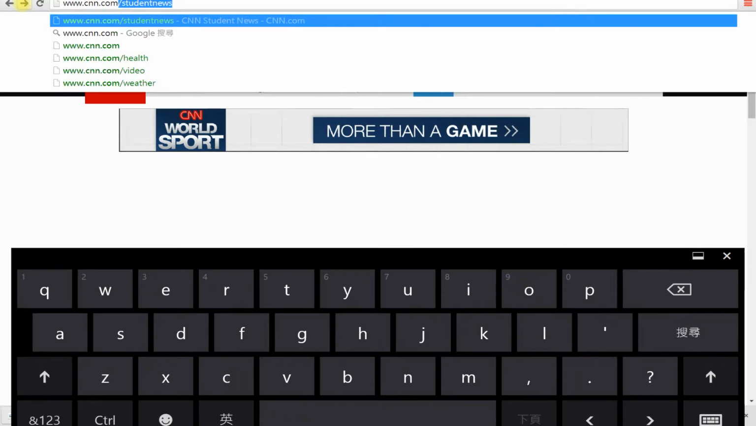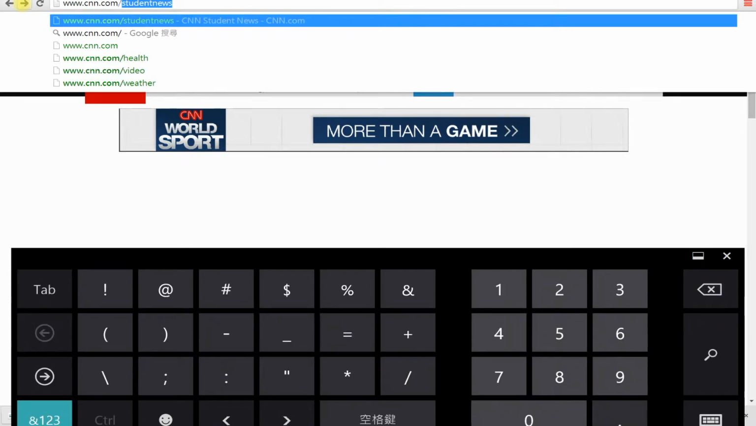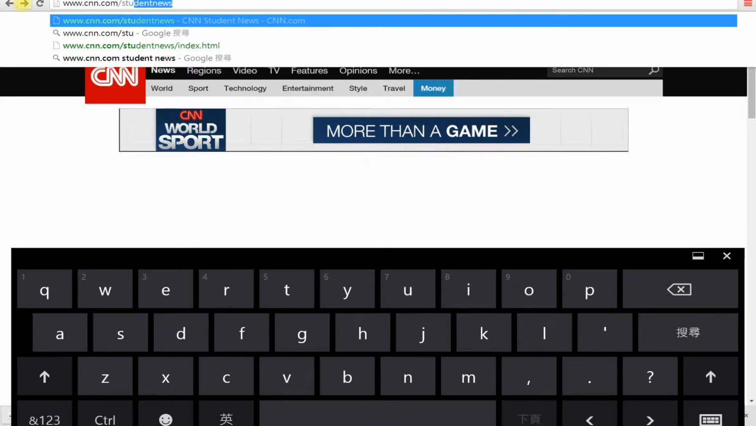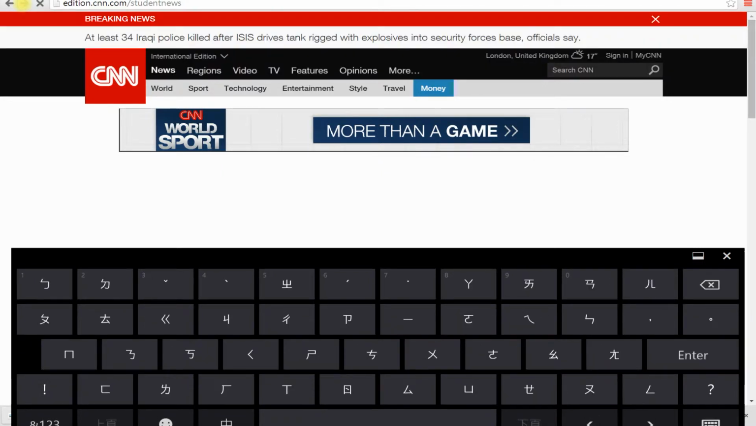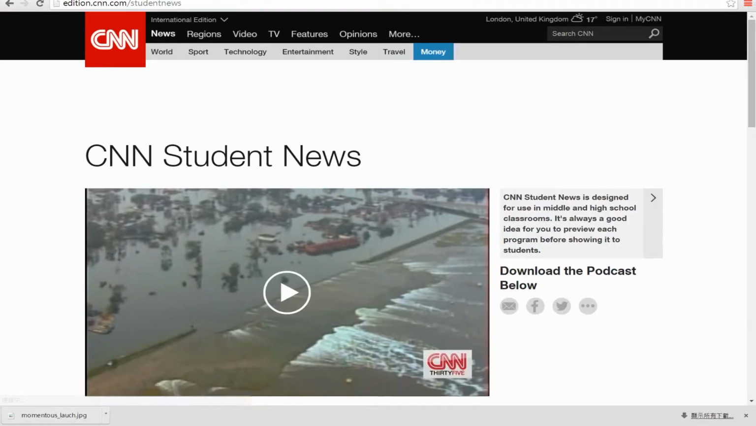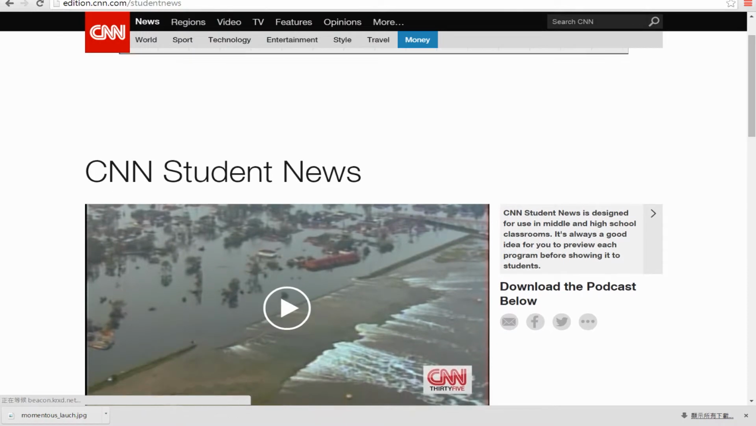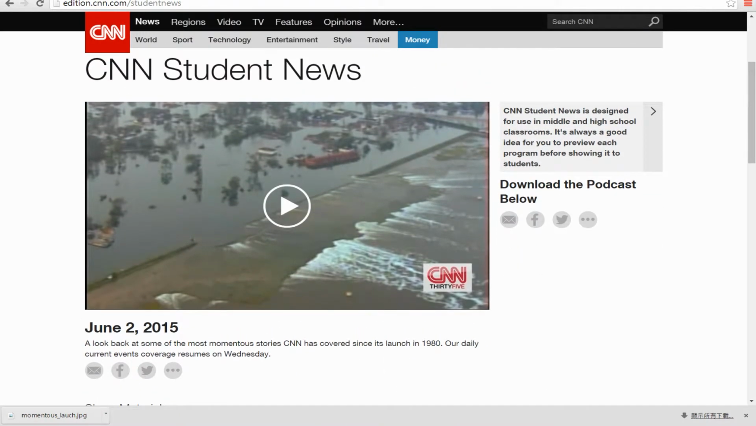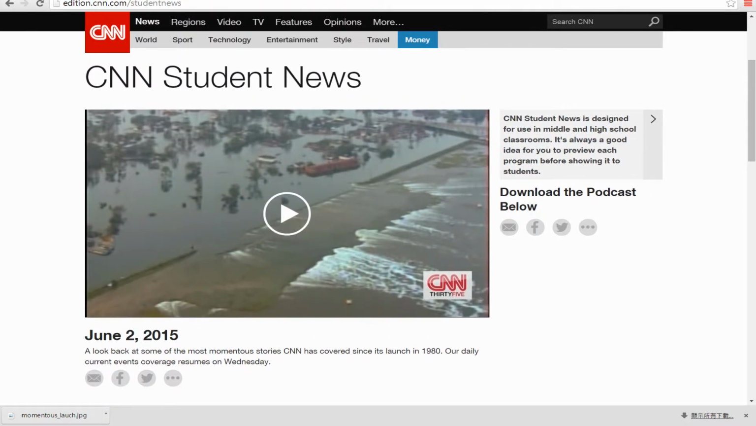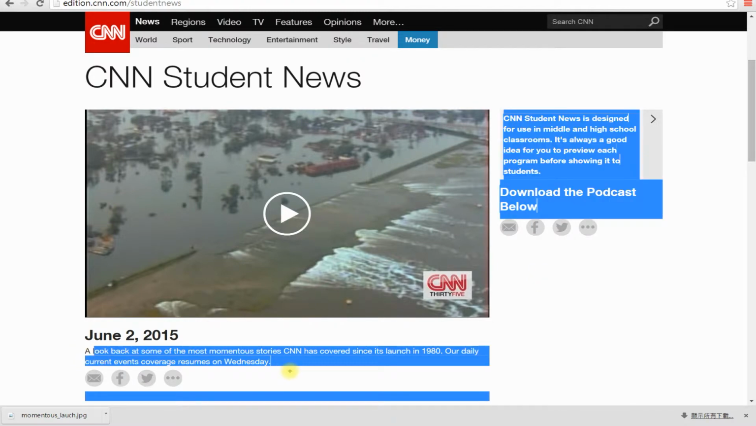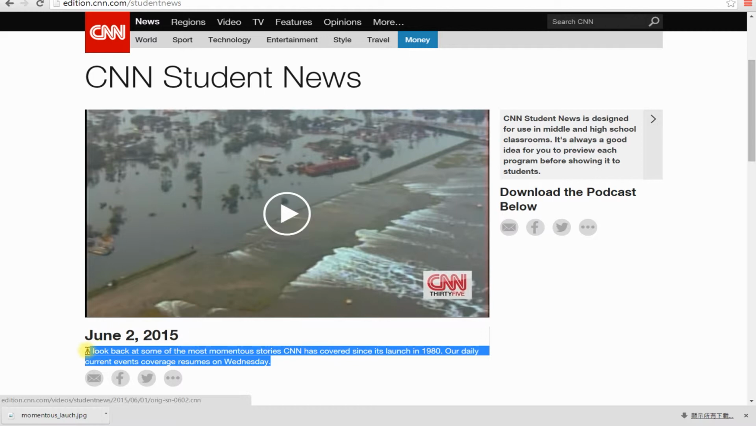我们只要再打 www.cnn.com/studentnews，我们就可以找到我们最近在学的这个好用的 CNN Student News。它是一个 media，有所谓的 video clips。昨天我们谈到的文章是 June 2nd 2015，昨天读的是 Part 1，今天读的是 Part 2。